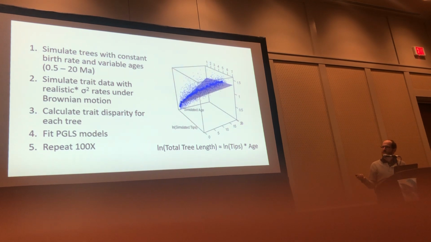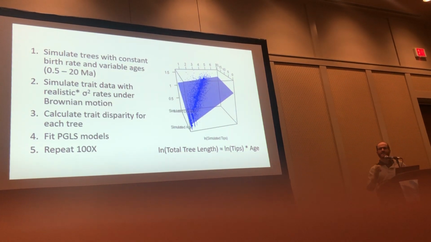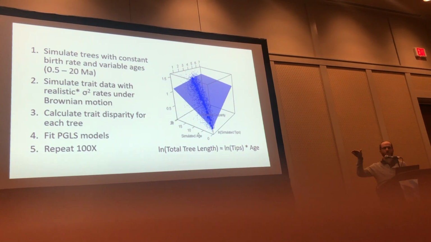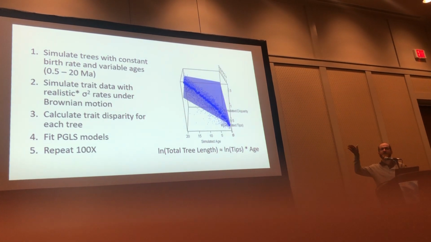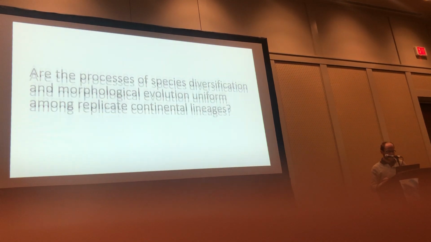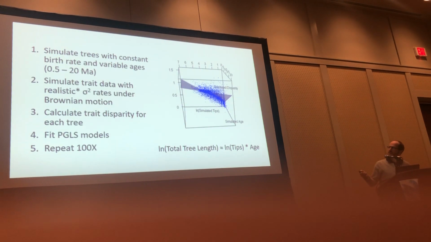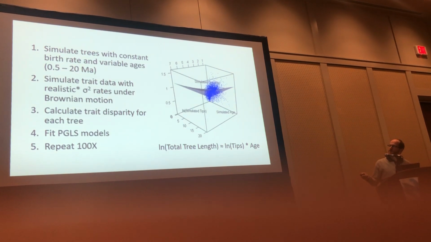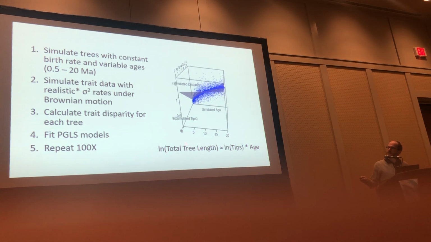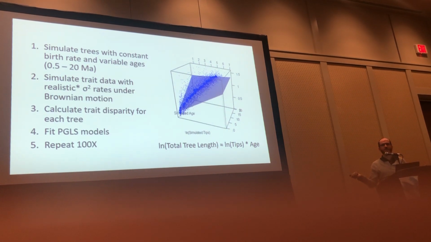And you can see this relationship where the number of species and the age of a lineage are interacting to cause this plateauing relationship with morphological disparity. So there's a diminishing return, so to speak, as you get older and more species rich, right? One last thing I want to point out about this is, fitting this model using this interaction ended up being nearly equal to just using the total tree length, which is exactly what we suspect.